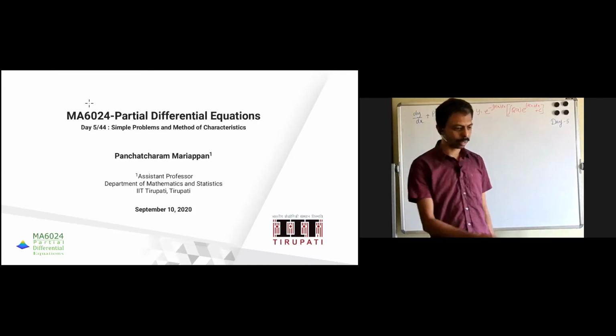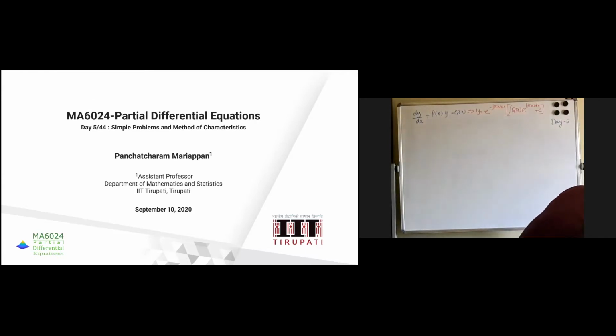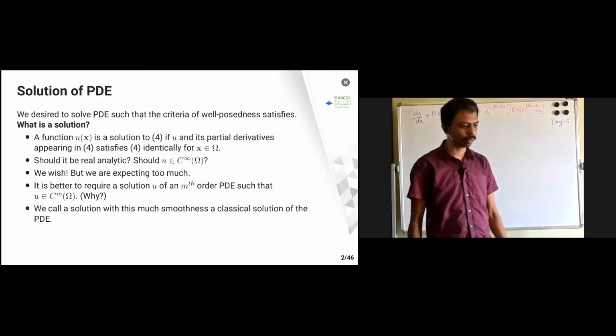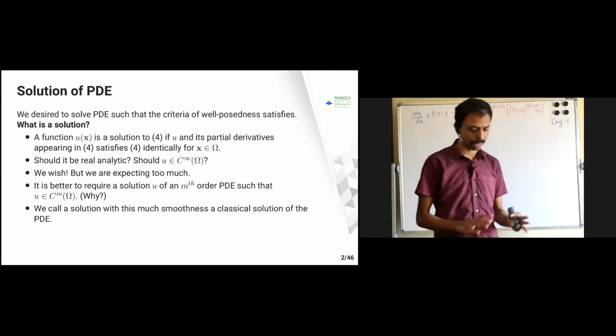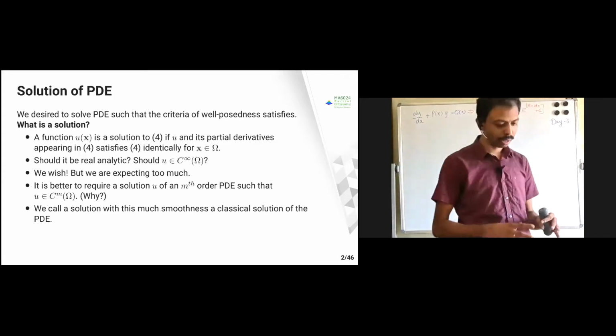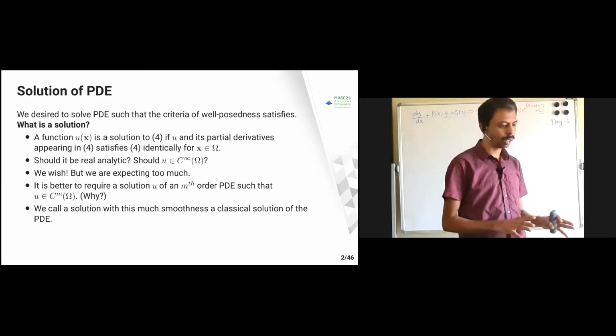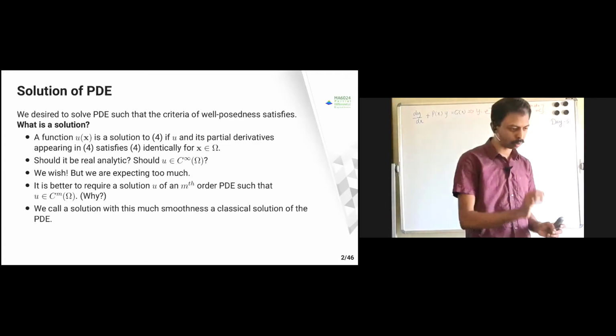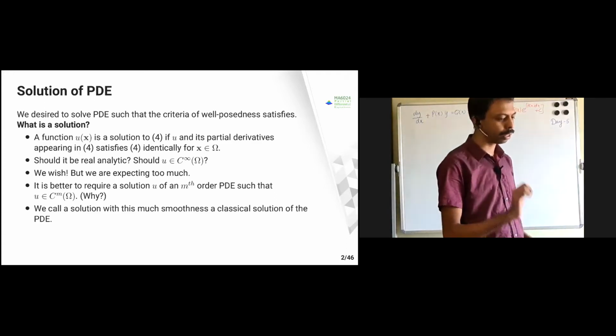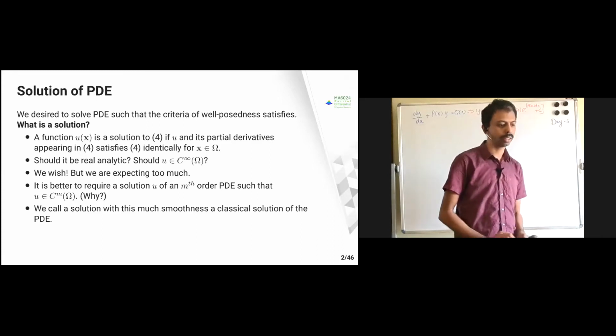So just a recap of what we did last class, last two slides only. This is our first class where we are trying to find some solution of a PDE. So far we didn't solve any problem. Mostly we tried to see what a PDE is. We have shown one or two examples, but we didn't solve the PDE exactly. So now we are trying to do that.